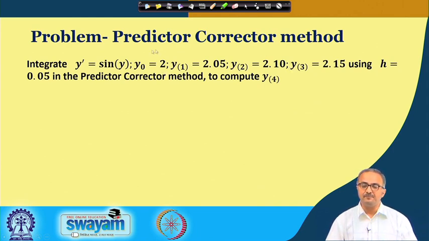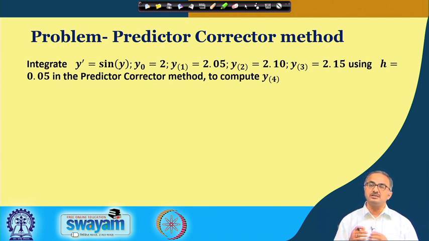And understand one thing, there are many types of predictor-corrector methods in the literature. I am showing only one of them to you, and if you check the literature, you will see many other methods, and you can adopt a particular method depending on the problem at hand. That means you have to decide case by case which method is going to work best for your system. Here I have shown one, and for that we have plenty of values to start with, y0, y1, y2, y3, to get the value of y4. Let us see how we do that.